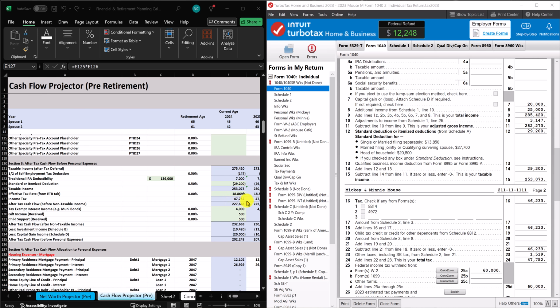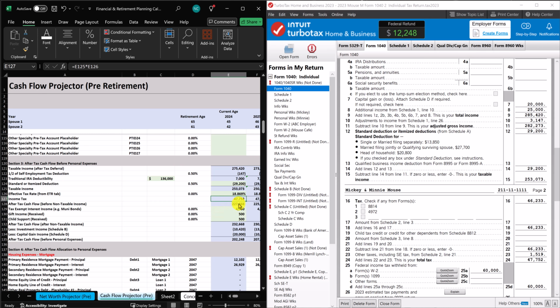Okay, so now that we have arrived at this line right here that calculates our income tax, then the portion of our overall financial plan that is representative of our tax return is basically complete. From this line forward, we're going to be working on after-tax cash flow. So let's think about this number on the next line. After-tax cash flow before non-taxable income. How do we determine this